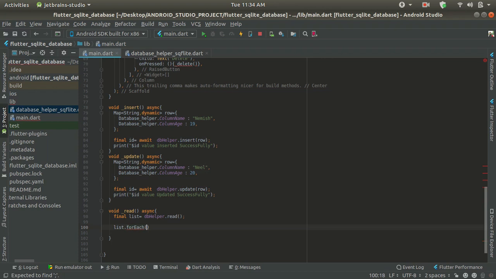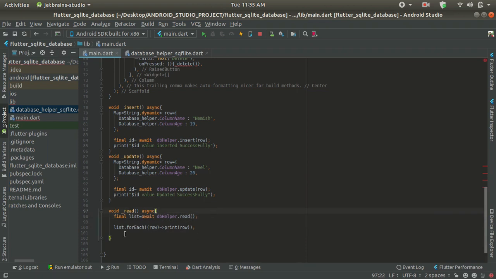Inside this forEach, it's going to give you one value. You have to use one anonymous function over here. I'm going to use it as a row, and we are going to pass it to print using this row. Now as you can see, we just created one list object with a forEach method, and this is giving an error that you can't iterate the forEach method on an instance. So you have to provide an await keyword here,